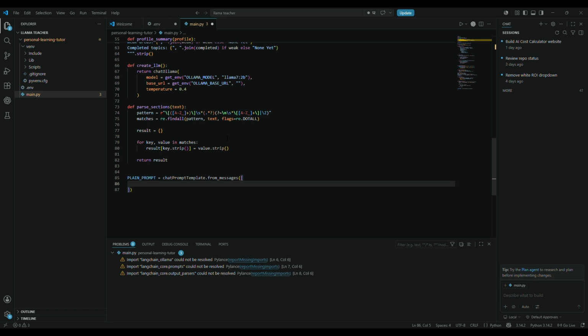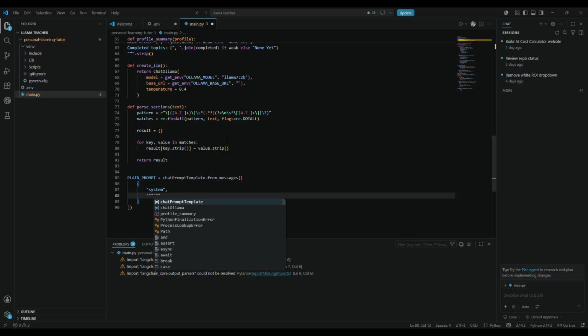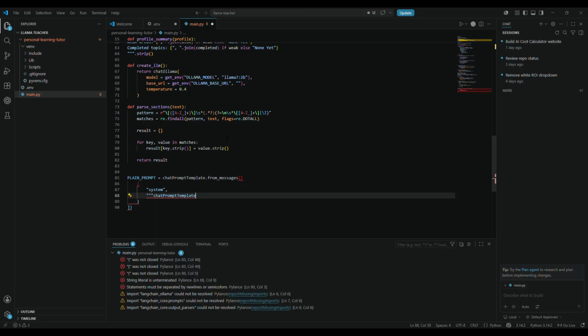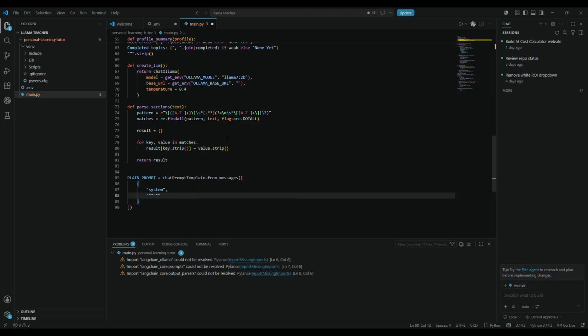Yeah, from messages. And now is where the fun part starts. Now, first of all, you need to define a system message, right? So let's get on with that. So system, comma, this is where you define the